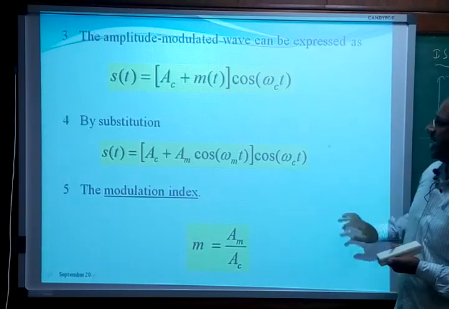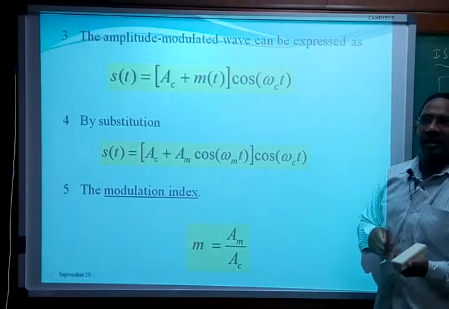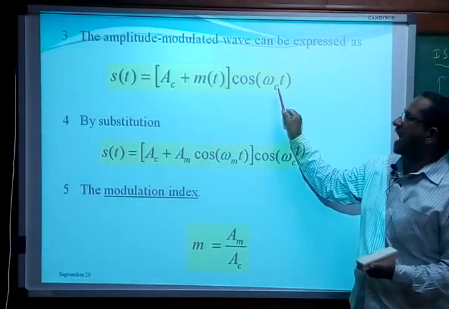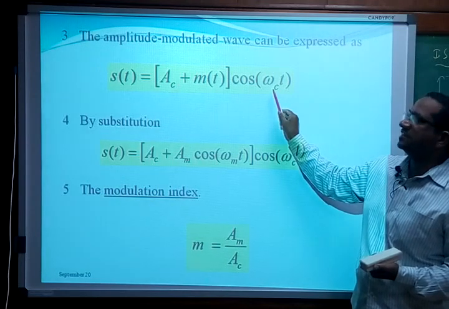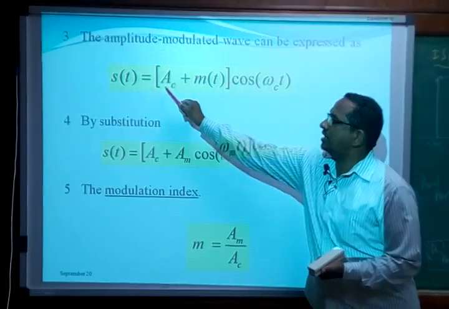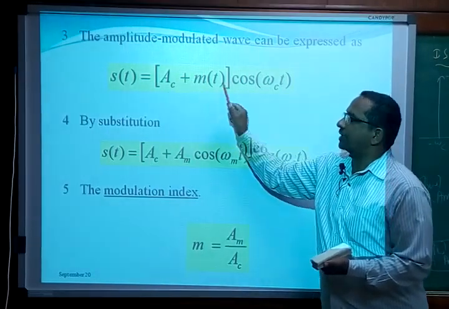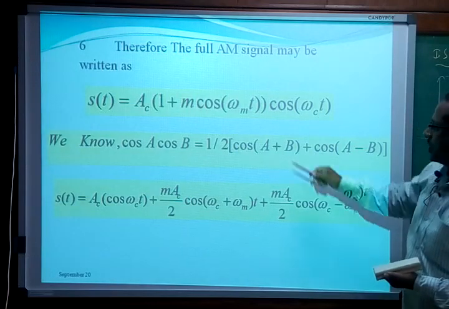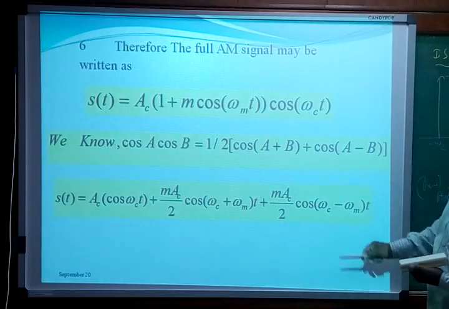Then next we have the modulated signal. Now the amplitude of the carrier has been modulated here. See, the carrier frequency remains the same, omega c remains the same. I am not changing the carrier frequency, I am changing only the amplitude of the carrier with respect to the message signal. Now once we compute this, what are we going to get?